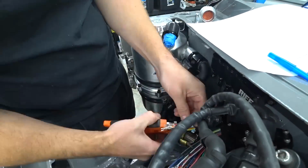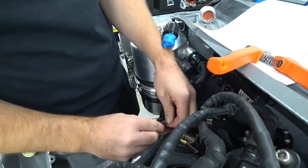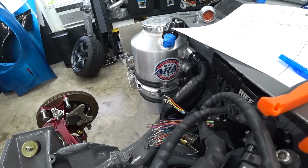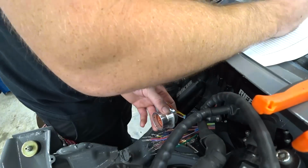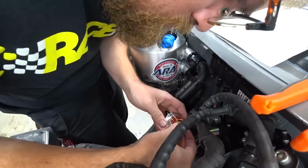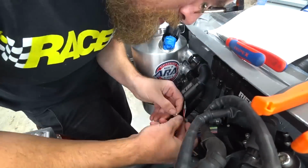So we wrapped it in Tessa tape, we shoved it through the hole, and now it's time to pin it. Now this is going to be the part where we've really got to keep our wits about us. We cannot make any mistakes here. We've got to document this all the way through, and we've really got to kind of plan where everything needs